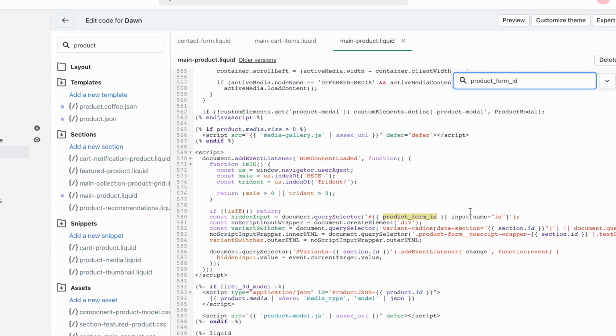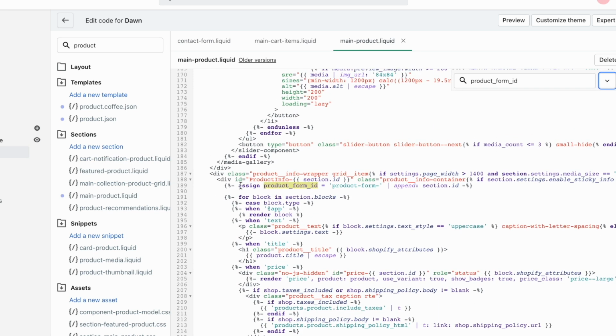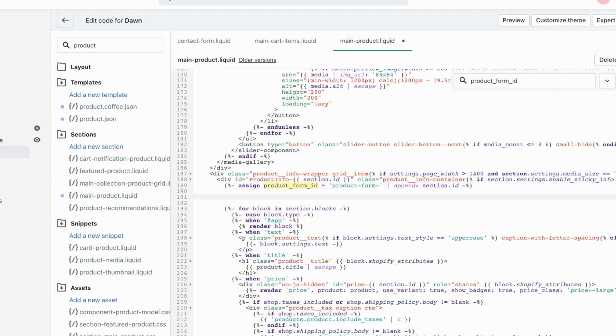Now this isn't it. We're looking for something that says product form ID equals something, right? And here it is, assign product form ID equals, and see it's that beginning product-form-, and then it appends the section ID. And so when you're outputting that, it is otherwise written as product-form- and then section ID,